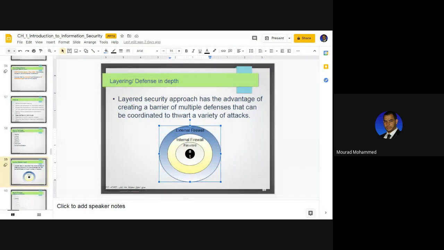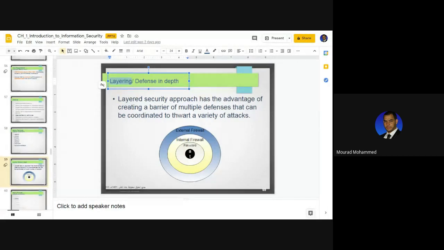If you succeed here, you'll fail here. Why? Because the technique is not the same, it is completely different. You have to have other techniques and other skills to pass. If you succeed in this second one, you will fail at this third level. Why? Third layer, why? Because this is a completely different group of techniques. Thus, the layering is a good security approach via which we defend against attacks or malware approaches, using